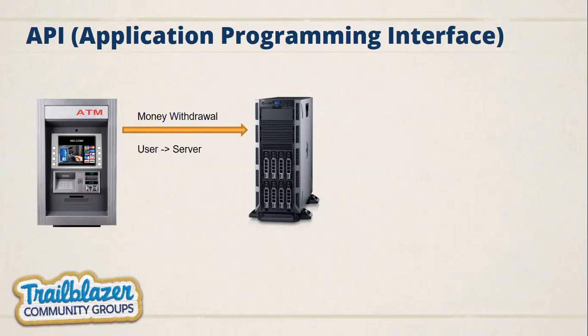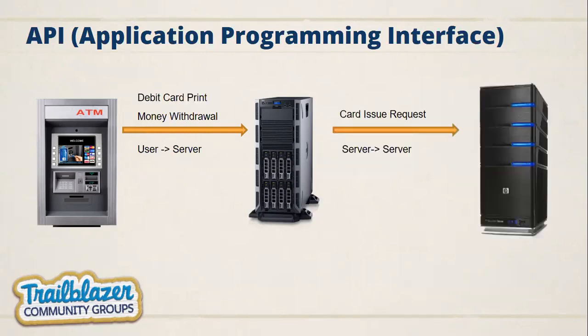What is the scenario? What is the use case there? With the same ATM machine, we can give a debit card PIN request. Whenever our ATM card is going to expire, we request a new debit card. I can give that request from the ATM machine, an IVR call, or maybe the online banking system. That request goes to your banking system. Then the banking system processes your request and sends a request to the print server. The print server does the printing, and after that the card is dispatched to the customer. So an API helps you connect clients to servers or servers to servers.